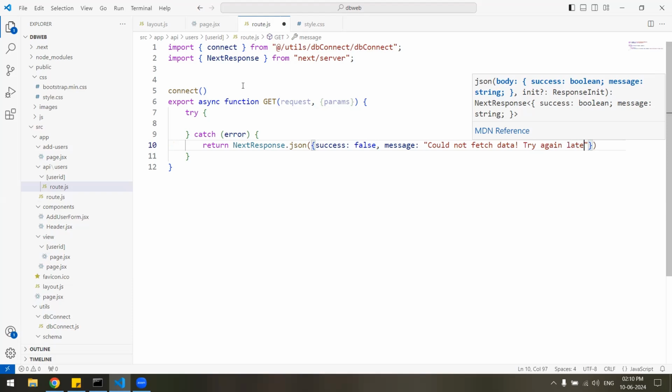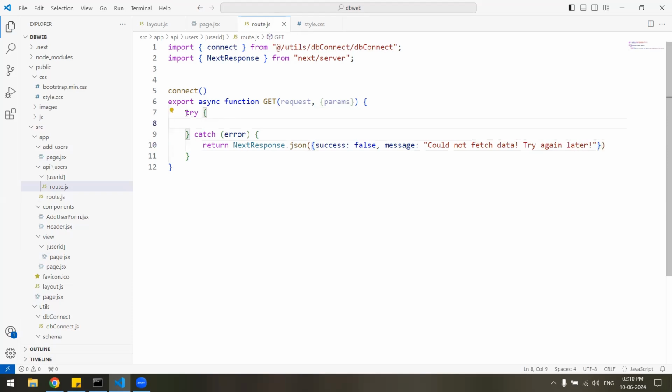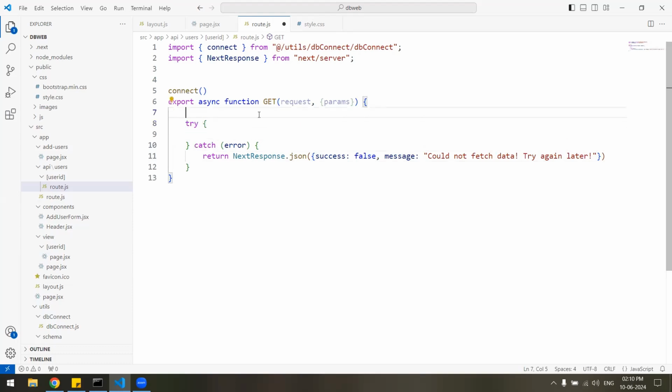Try again later. And inside the try, first of all we'll fetch the ID, and before that